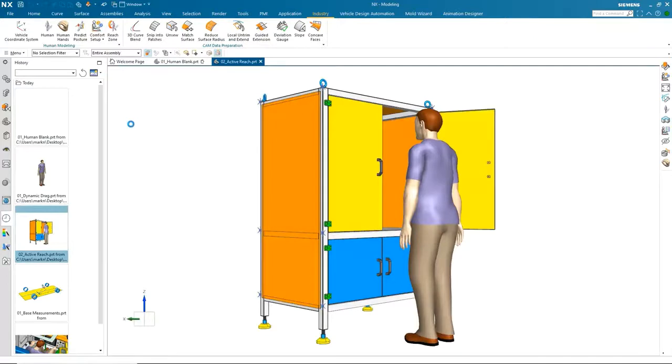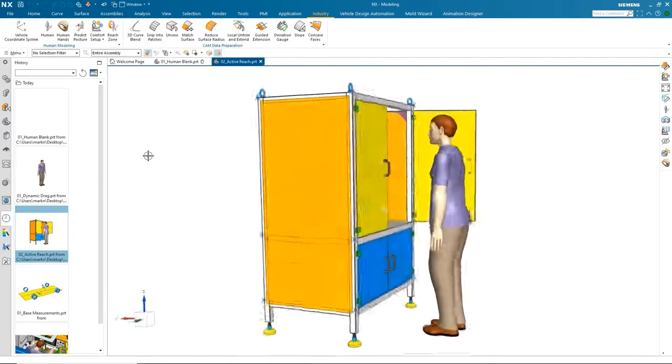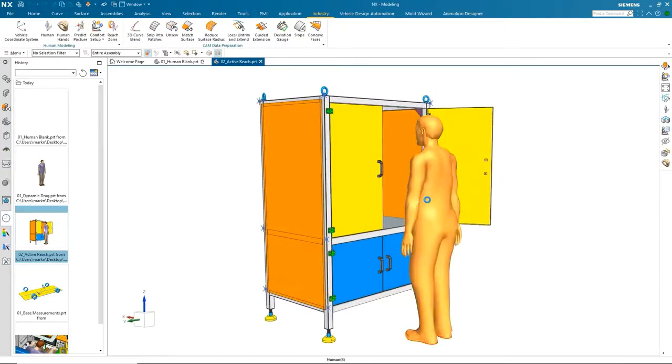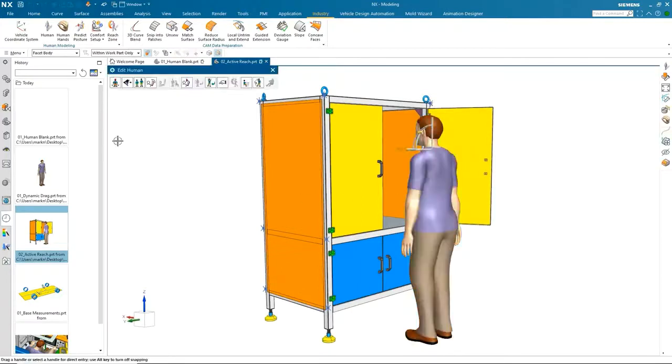So what we've got here is a structure, this cabinet. This was actually done using the NX Structure Designer as well, a relatively new module for NX. I'm going to be doing a webinar on that in a few weeks, so if that's of interest to people, keep an eye out for that. But in this one, look, we've placed our human in position, and if I go into this to edit it,